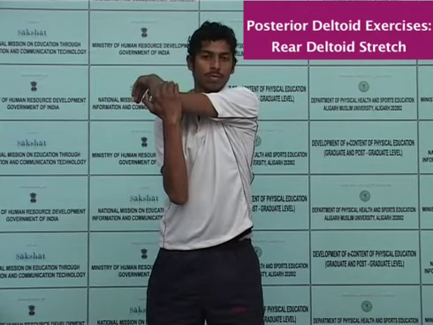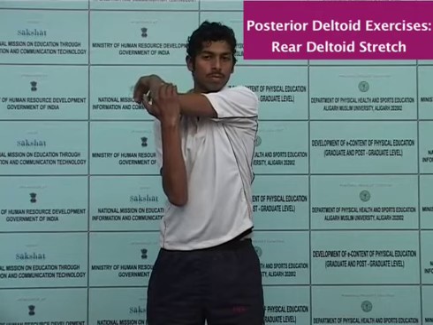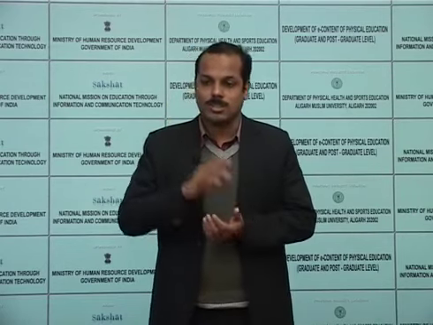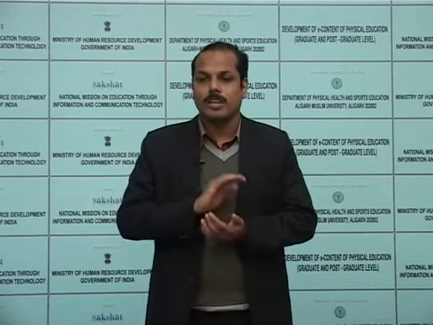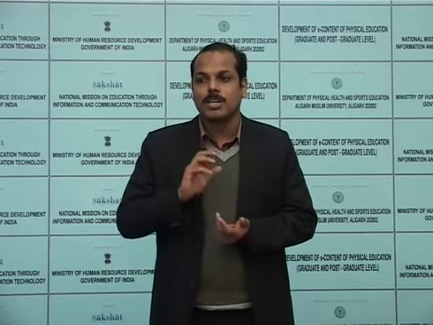If the person is positioning the arm at the lower chest, then it stretches the side deltoid or lateral deltoid only, which we already discussed. In the case of the rear deltoid stretch, the muscle which is getting stretched is the posterior deltoid muscle. But along with the posterior deltoid muscle, the infraspinatus, teres minor, middle and lower trapezius and rhomboids are also getting stretched. We were discussing the different stretching techniques of the posterior deltoid.